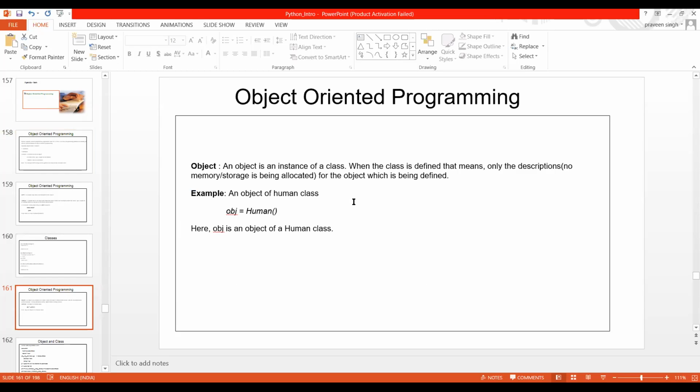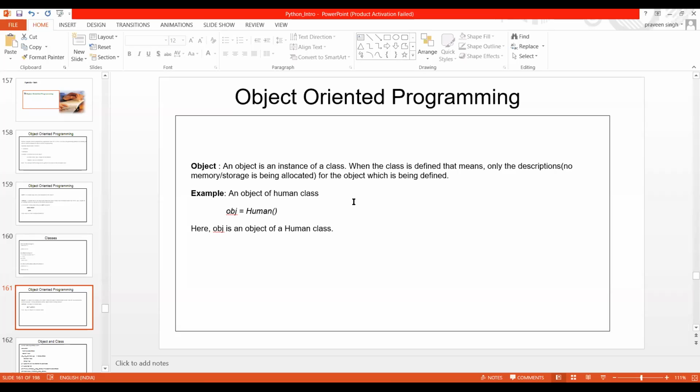So you have one instance which you can create of the class which you have already created. When the class is defined, it only gives the descriptions, and no memory or storage is allocated for the object being defined.